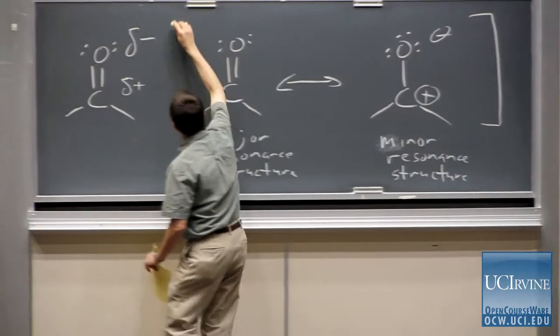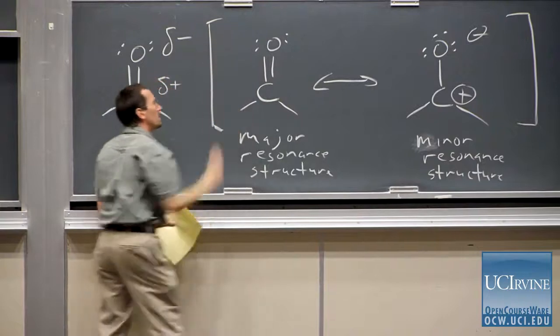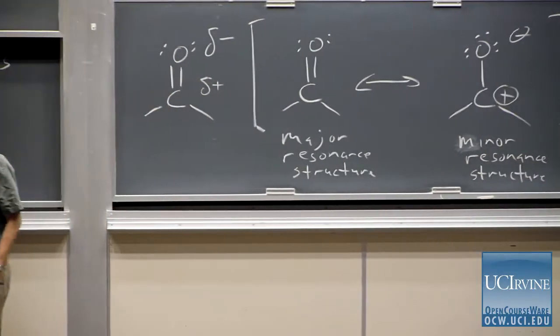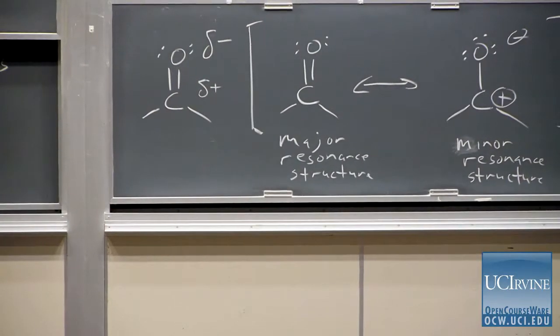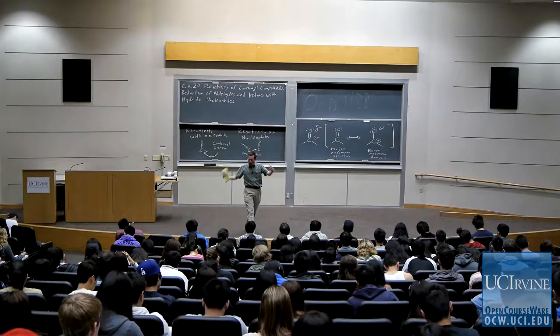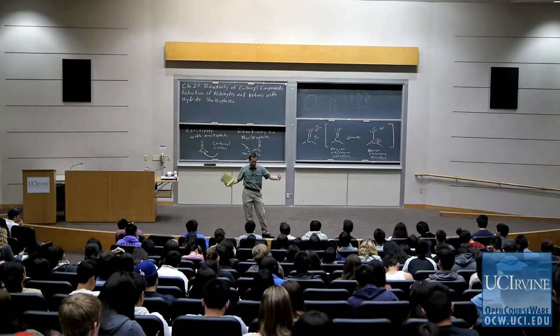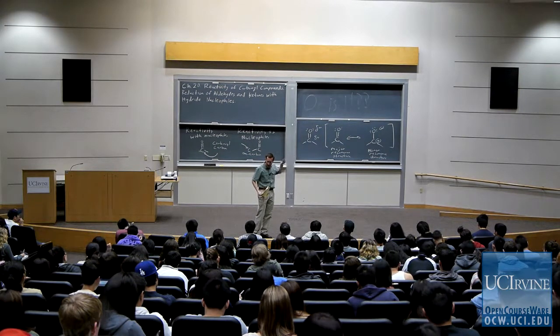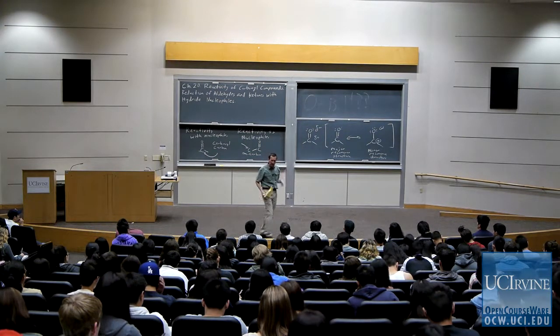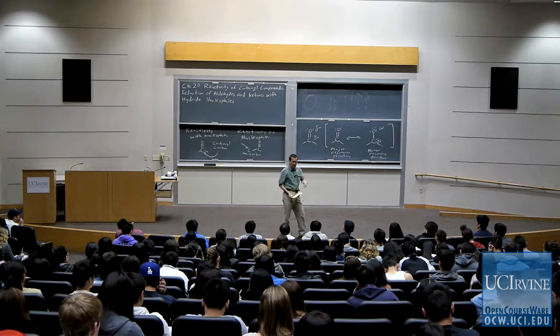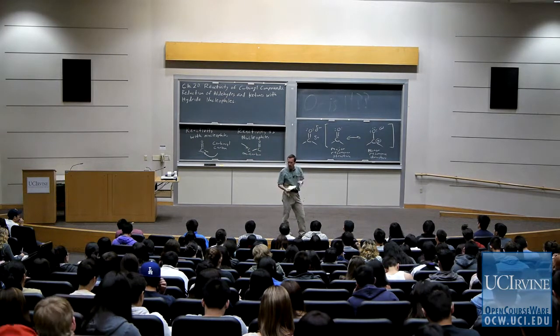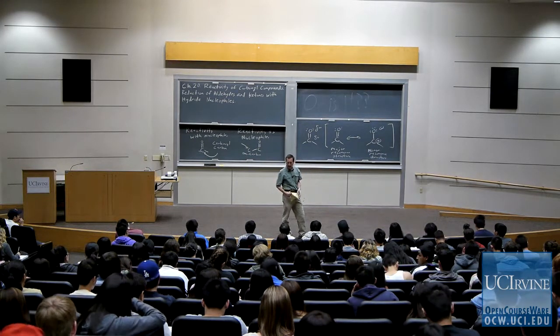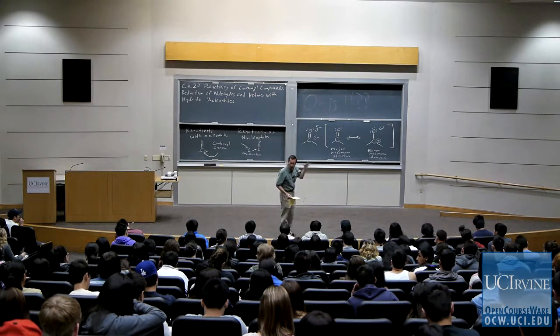Bracket these structures to represent that it's the two of them together we're thinking about. We're not resonating or vibrating or oscillating between the two structures. We're mostly the one on the left and a little bit of the one on the right. This is also representing the type of electron density that you would see in the molecular orbitals for the carbonyl